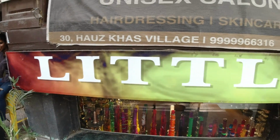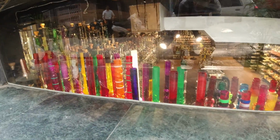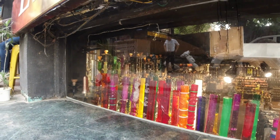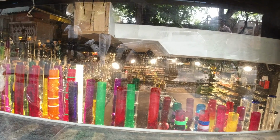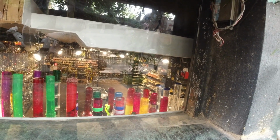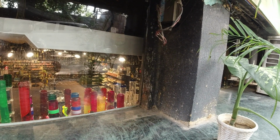So look at this, Little Goa. Pipes galore. I guess like hookah pipes. You can see Bob Marley in there. They got all kinds of smoking, rolling papers and